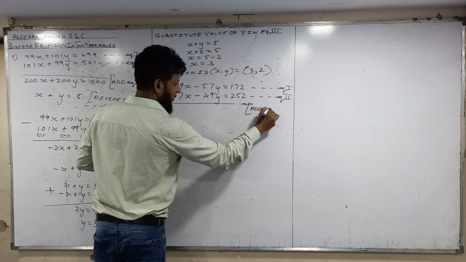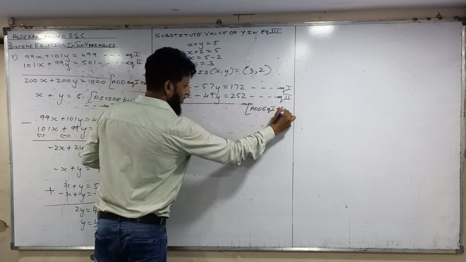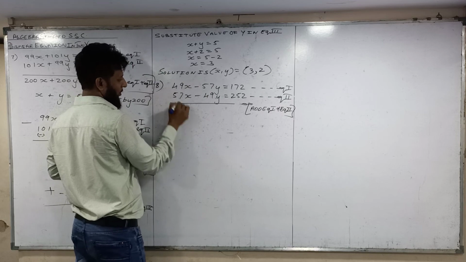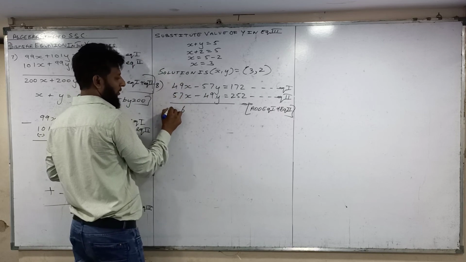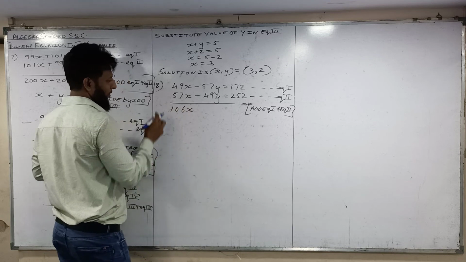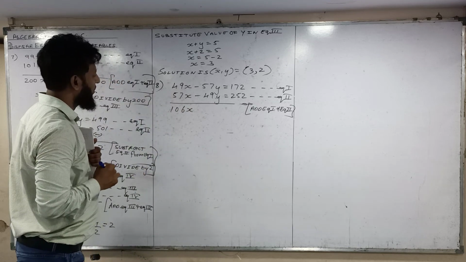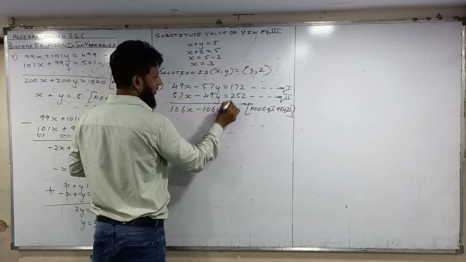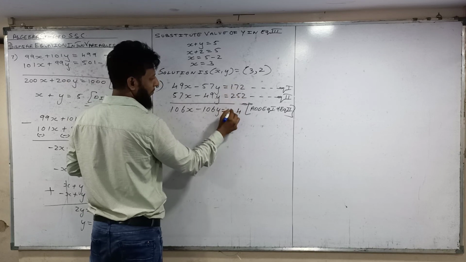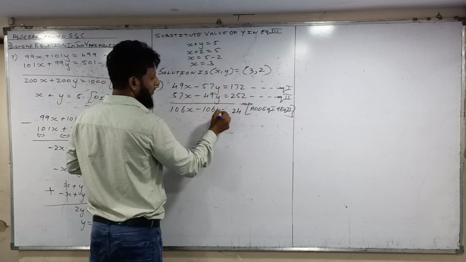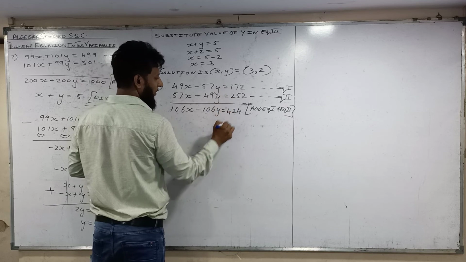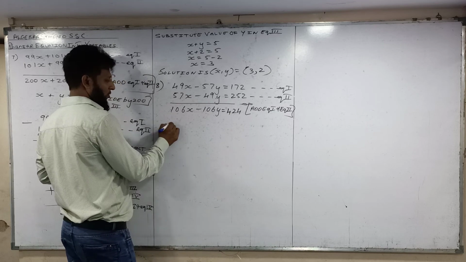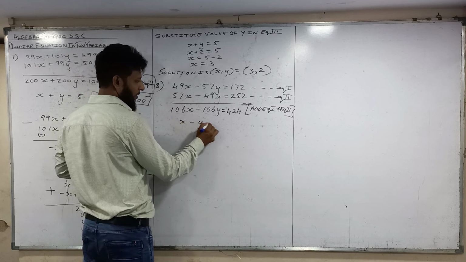Add equation 1 and equation 2. The cross numbers are the same. So 9 and 7 are 16, 1 carry, 5 and 5 are 10, so 106x. Again here also the same number, 106y. Add 2 and 2, 4; 7 and 5, 12, 1 carry; 3 and 4, 24. So divided by 106, you will get x, you will get y.